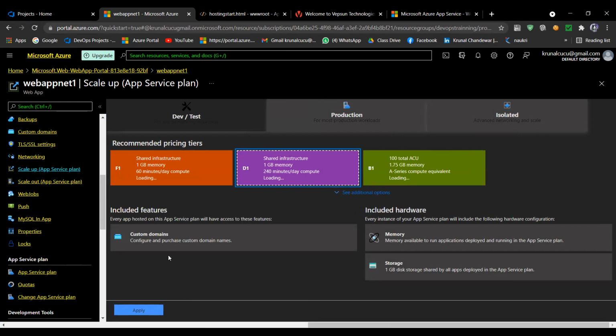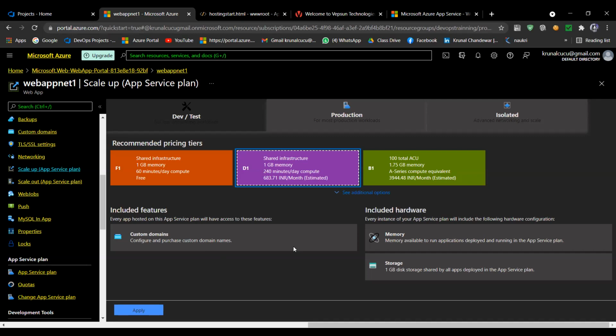And why I'm telling you more deeply about plans is because in web app, this is very important and a very frequently asked question. Tell me the web app plan, or what is a web app plan, and what features you are getting. Mostly questions are on this only. That's why we are discussing this, and this is very important. What is a plan? Everything else is very simple, but your web app plan is much more important.